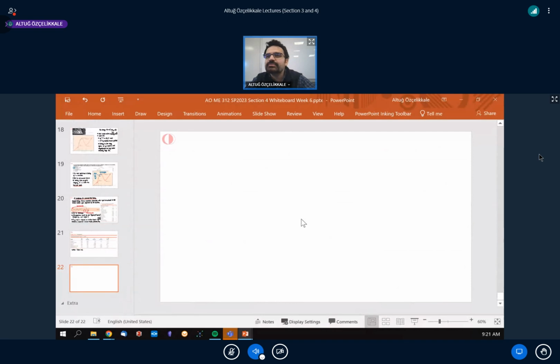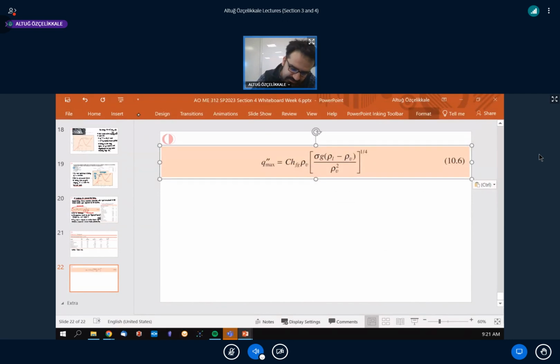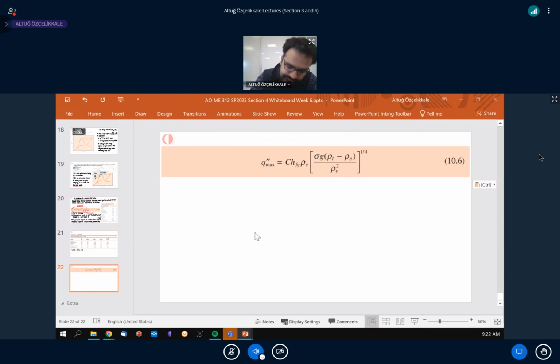But then there's another important parameter that's a single value, right? That was the maximum heat flux, or the critical heat flux. And this is a correlation for critical heat flux. The accuracy is reported to be approximately 16%. And we have again coefficients here. So this coefficient C turns out to be pi over 24, which is approximately equal to 0.131. This is for cylinders like a wire